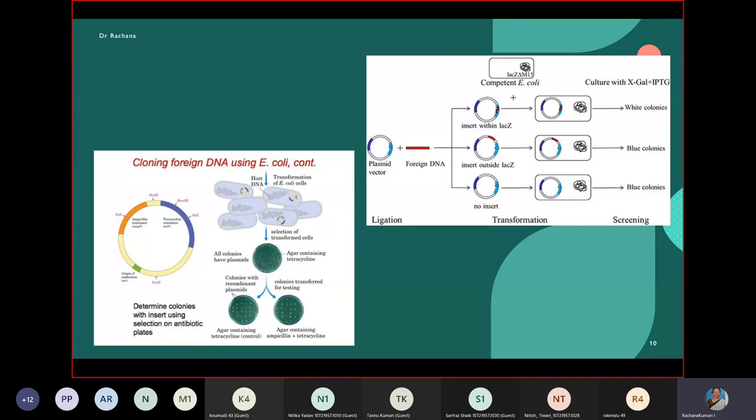because they did not have the foreign DNA, the vector had the property of the antibiotic resistance, and now due to the insertional inactivation, such bacterial cells are rendered sensitive to the antibiotics when we subject these host cells to grow in a medium consisting of the antibiotics. That's what we have learnt.